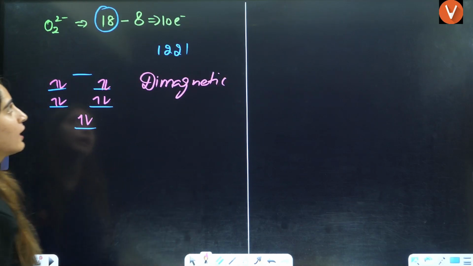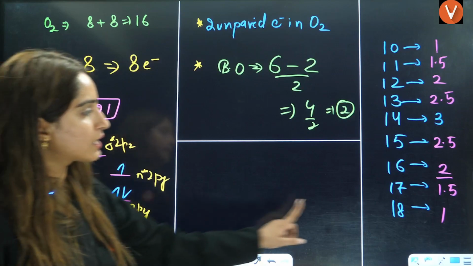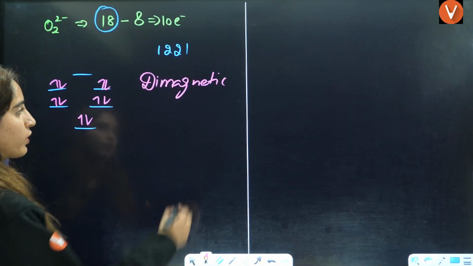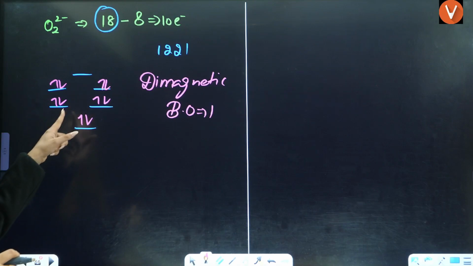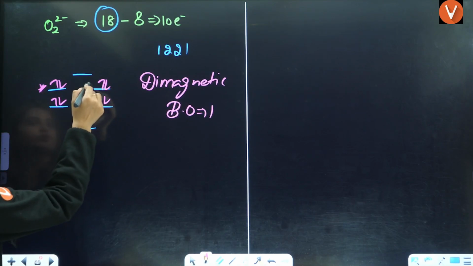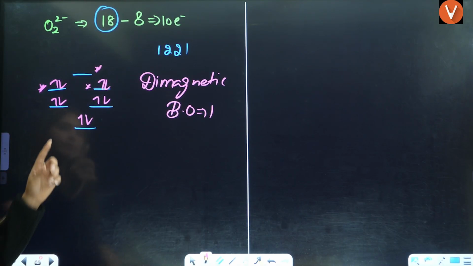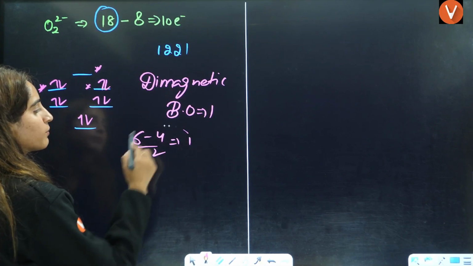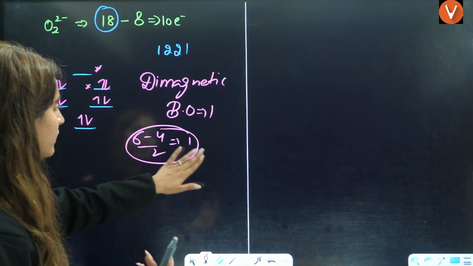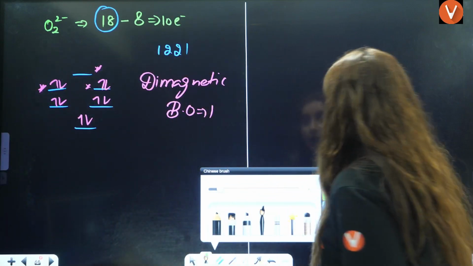diamagnetic. Right? Electrons are 18. That is why bond order is 1. Okay, bond order is 1. You can also calculate: 1, 2, 3, 4. This is sigma star. This is also star. This is also star. So it will be 1, 2, 3, 4, 5, 6. 6 minus 4 by 2, that is nothing but 1. Either way you can calculate. Right? Now here,